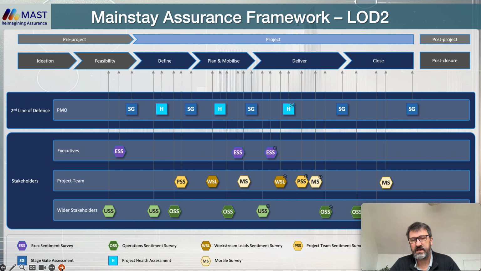You can understand whether they've been kept up to date, and you can even use the results of all the various surveys as you go through the project lifecycle to demonstrate what people are thinking and improvements that you've made. And we've seen this used in final go no go reviews to demonstrate that folk have been kept up to date as you've gone through the project lifecycle.